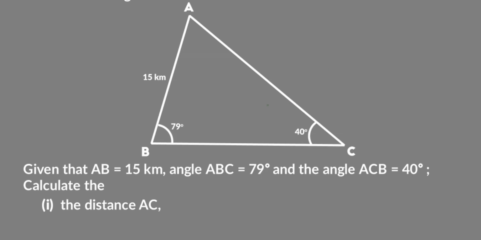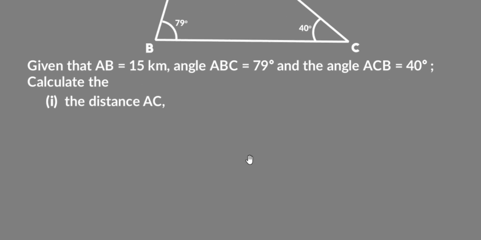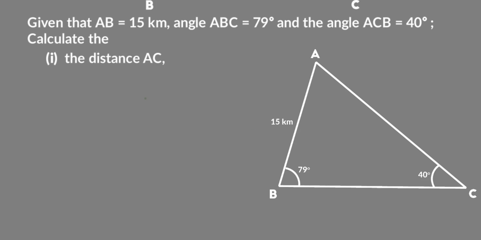So what you can see here is that this 40 is related to that 15, and the 79 is related to side AC, and the rule that relates an angle and the side opposite that angle is basically the sine rule. Therefore, in the first question, we're using the sine rule to find the distance AC. So if we look at the diagram, we can form our sine rule. So sine C